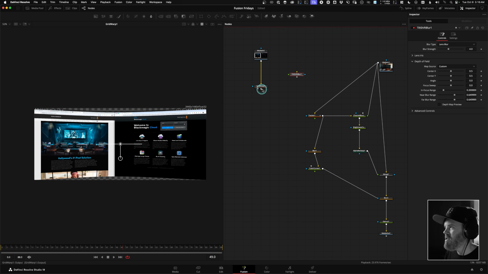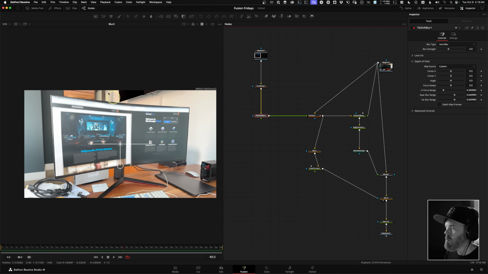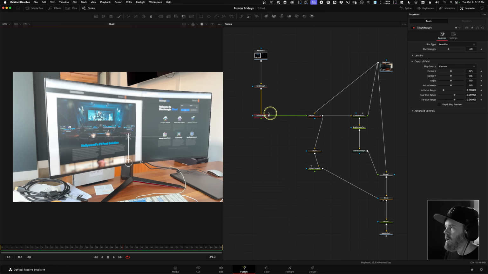It'll go straight into the yellow input of the tilt shift blur, and then we'll stick this back into the tracker like we had before. So now what this allows us to do, let's look down here at the end of our comp, in this blur. We have a tilt shift blur that allows us to sort of control the focus on where the camera